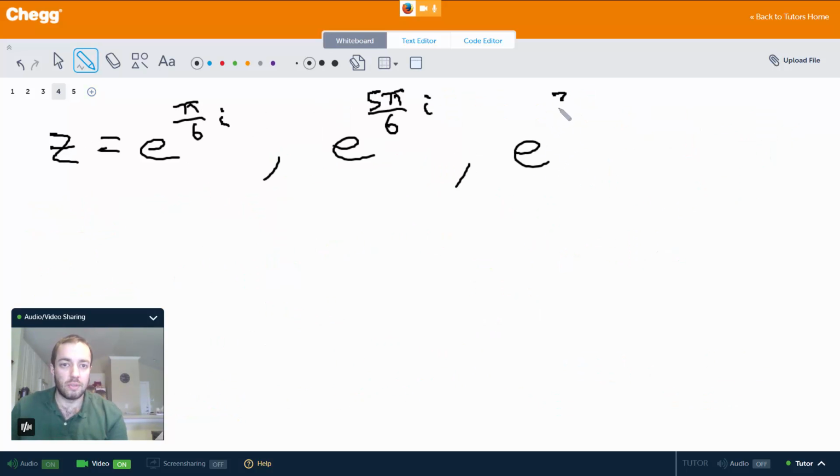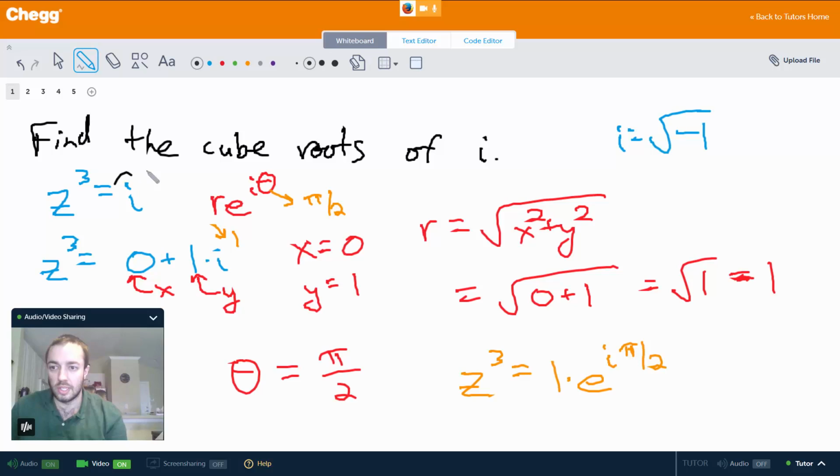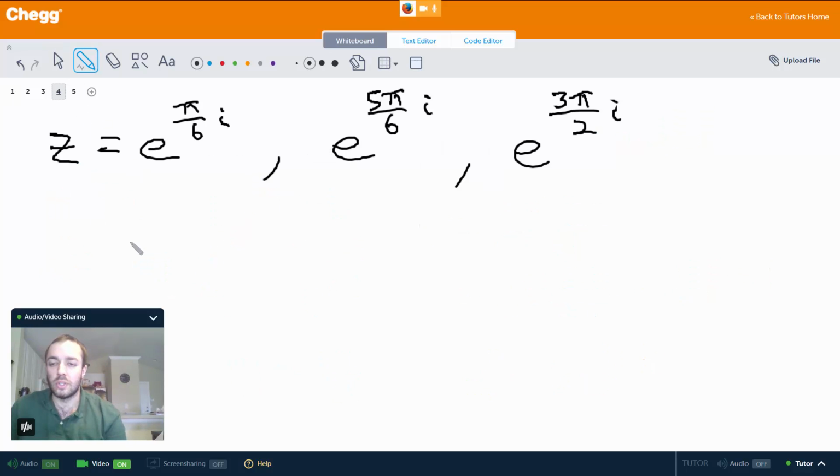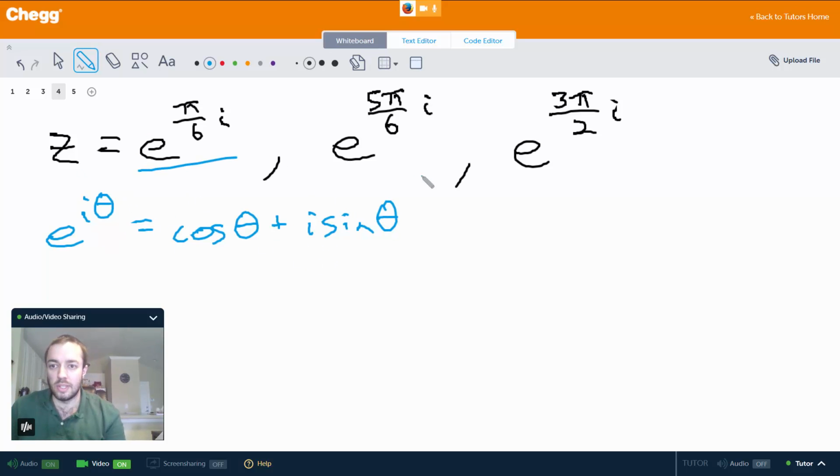So we'll say e to the 3 pi over 2 times i. Now, it might be okay for you to leave your answer in that form, but we could actually simplify a little more and write it out in a form that's more similar to this, in a rectangular form. So now what we want to do is use the theorem that says e to the i theta equals cosine of theta plus i sine of theta. So if we apply this three separate times to this, this, and then this, then what we're going to get is